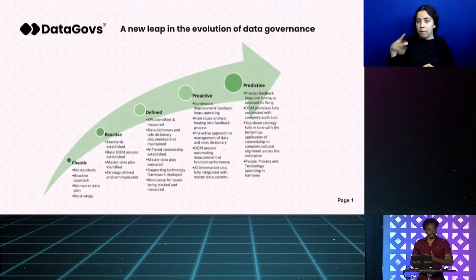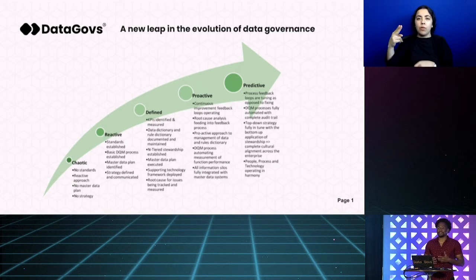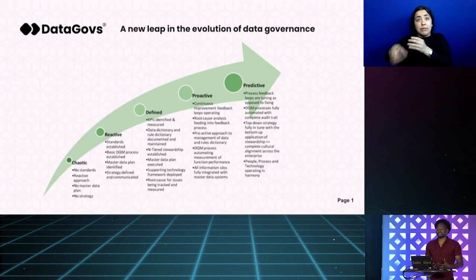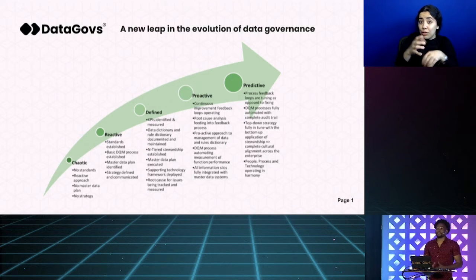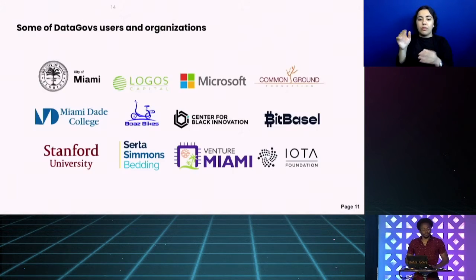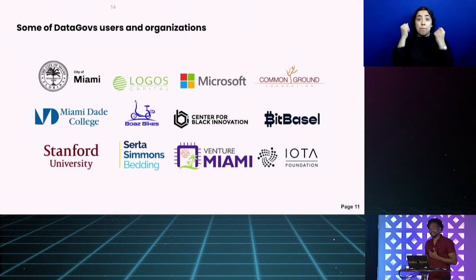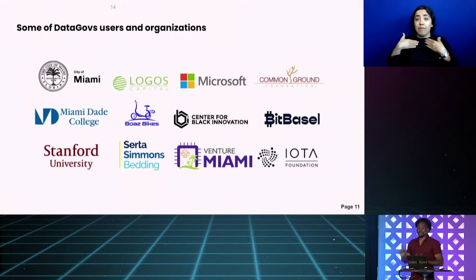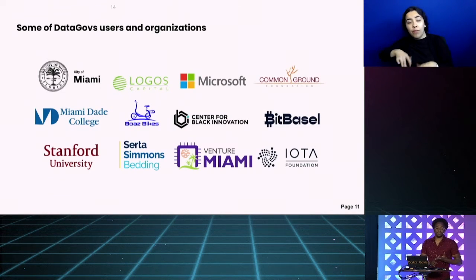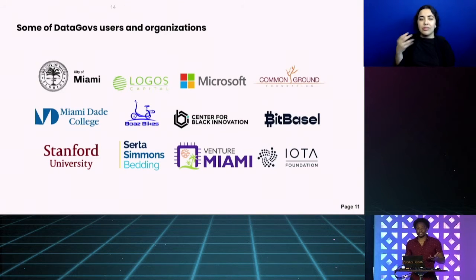and devices and things. We've done this in a few ways. One, we've looked at data governance in the traditional cloud data warehouse model, and we recognize that, yes, if there's terabytes and petabytes of data, it's going to get really expensive if you're just storing this in the cloud. But guess what? If you have better processing compute engines that lowers that cost as well as gives you real-time information, it helps in organizing that data, no matter what cloud you're on. We've tested this out, and we've actually gotten a lot of organizations that are adopting this that have physical operations, from nonprofits to big organizations like Microsoft to even the city of Miami, that are using Govs and the Govs API to power their entire smart city infrastructure.